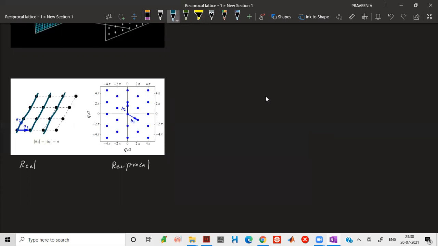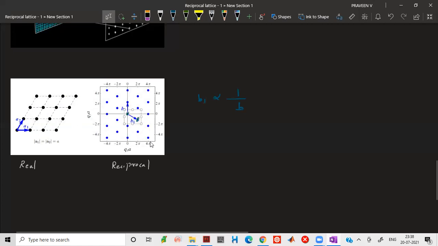Okay. So what will be the direction of the spots? The direction of spots should be perpendicular to these planes. So what is perpendicular to these planes? This will be coming like this. You can see the direction of B1 here. And how will it depend? If the separation between the planes is D, then the value of B1 will be proportional to 1 by D. That is the separation between these two dots, the distance between them, will be the inverse of this particular planar separation. Okay, so that's it.